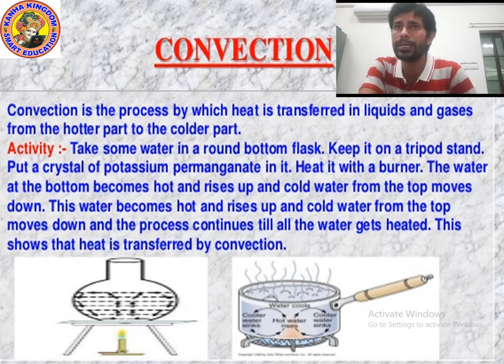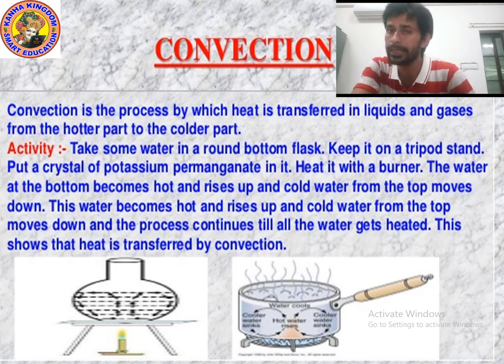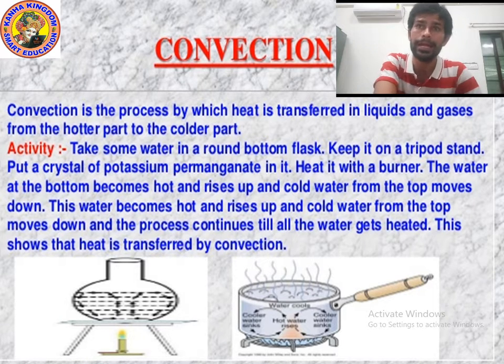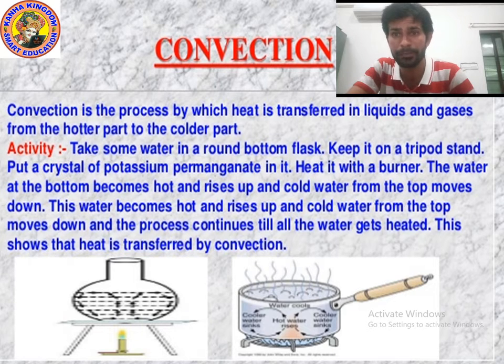You will see that the water at the bottom becomes hot. Yes, water at the bottom at first becomes warm, then rises up, and colder water which is at the top moves down. It means first of all hot water which is present at the bottom rises, and its place is taken by colder water from the top. This water becomes hot again, then rises up, then again cold water from the top moves down and becomes hot, then again the water remaining at the top comes down and it also becomes hot.